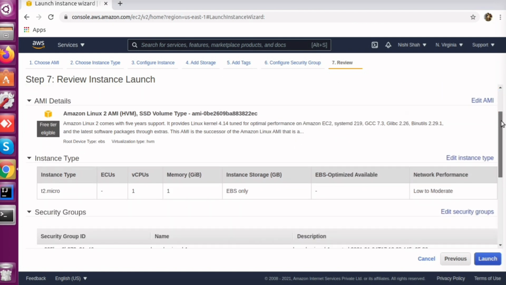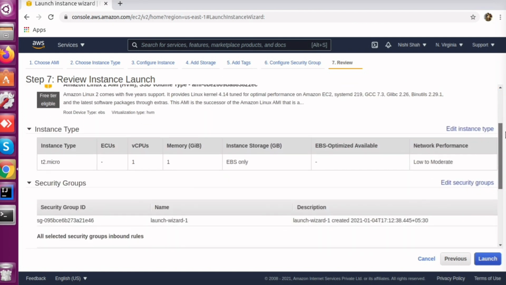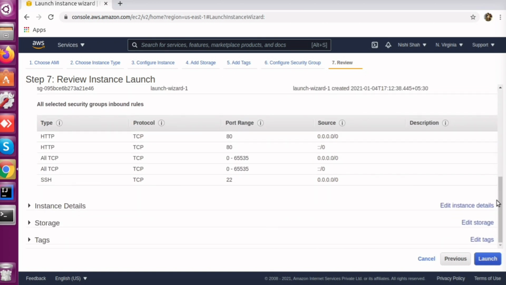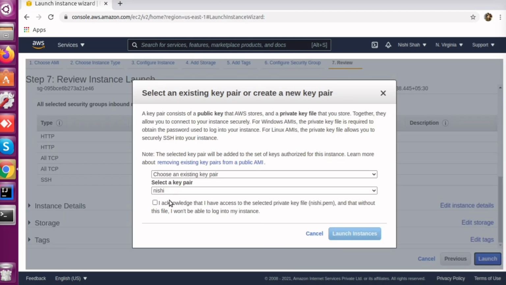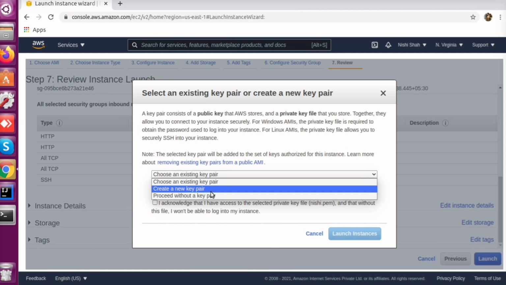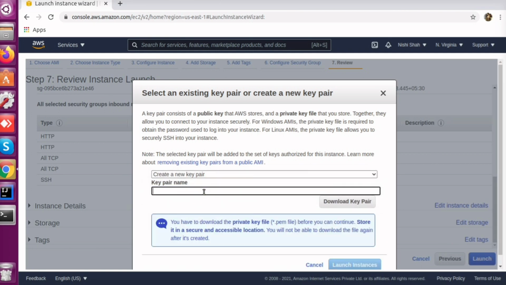So here you can see our instance is ready to launch. So now launch. If you want to create a new key pair, then you can create it. So I'm creating it now, like test.